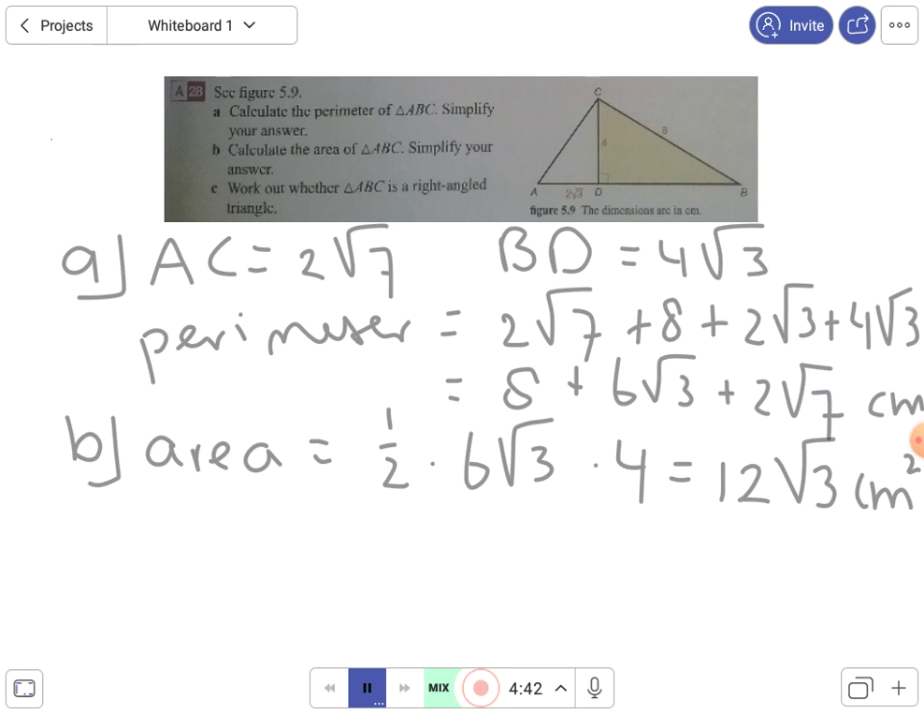Exercise C. The question is whether triangle ABC is a right angled triangle. You need to work it out, so use a calculation. And when it is a right angled triangle, the Pythagorean theorem would be right. And then angle C would be a right angle. So the Pythagorean theorem